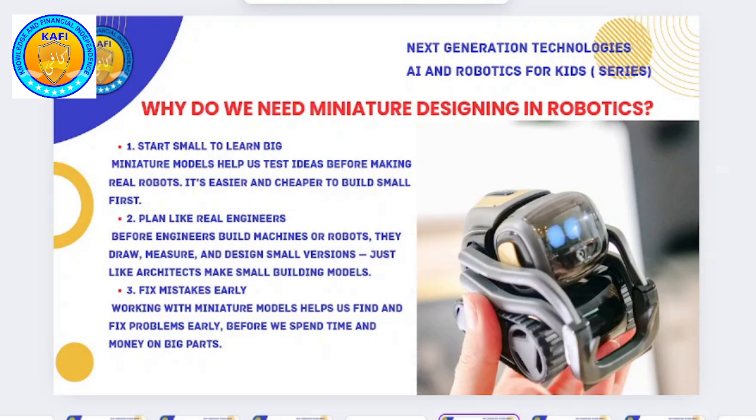Okay, I can see the sketch, but I need a little model. Maybe it is just on paper, I cannot understand all these things. What if I make the house and then I forgot to put the door in some room, so you cannot enter that room, or maybe you forgot to put some windows in there. Or maybe you want to make a bedroom, but your bed is big and the room is small, so your bed does not fit in there. So instead of spending thousands of dollars on the real thing, and then finding that there is a mistake, you make a small model.